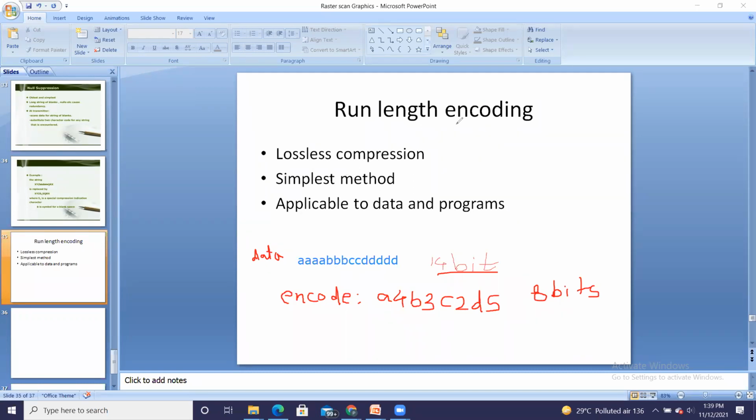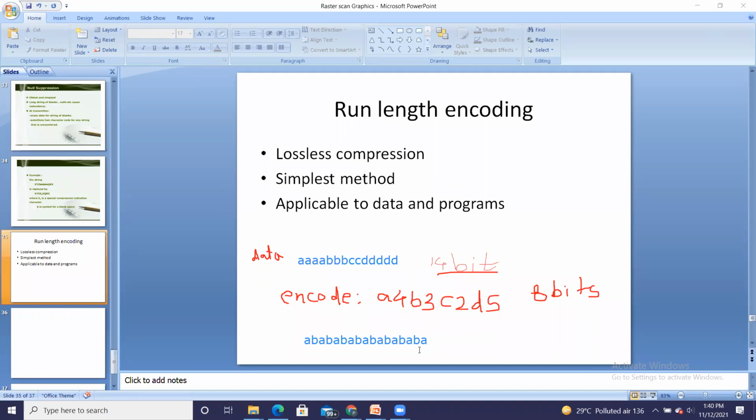But instead of this, if I have a string like this, then what will happen?